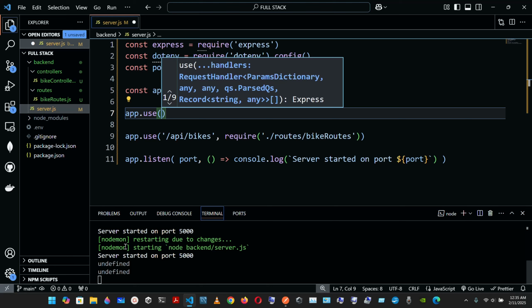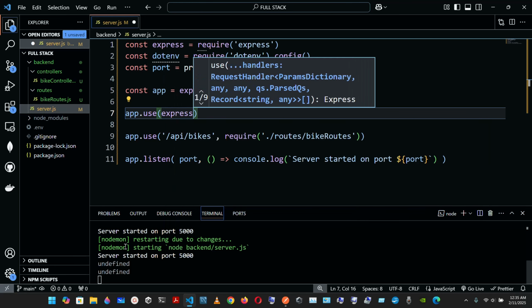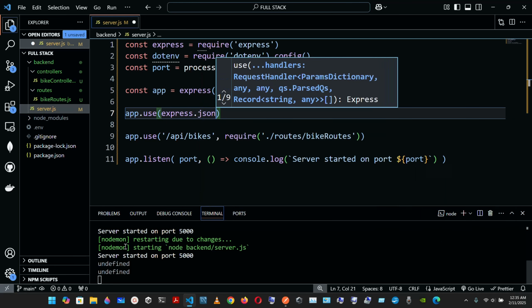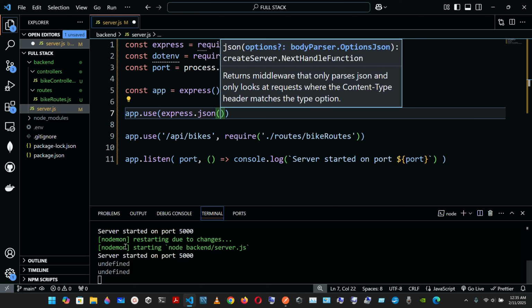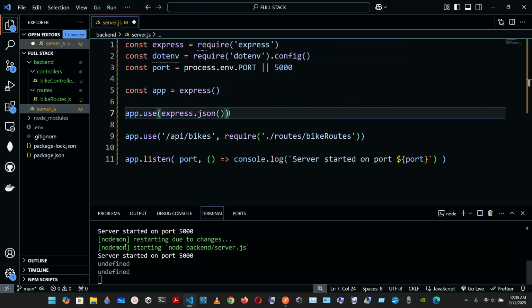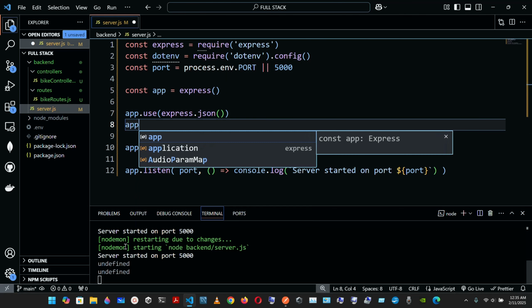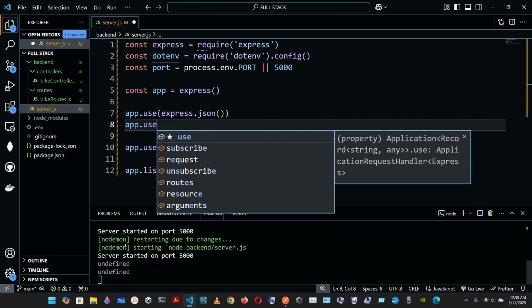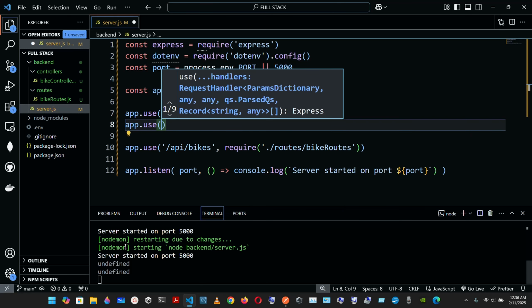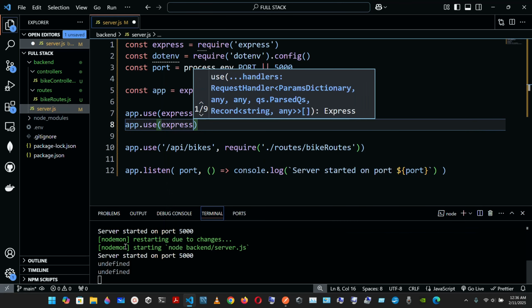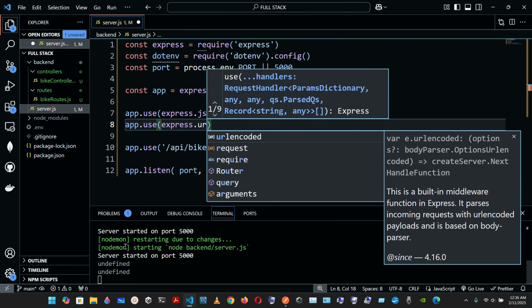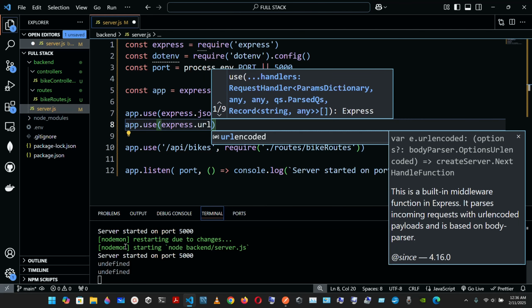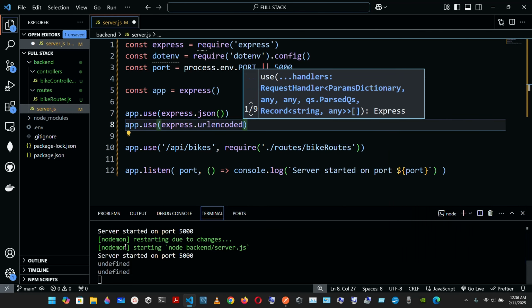And to do that, we're gonna have express.json, like that, and has to be a set of parentheses. Below we're gonna have the app.use, and this time we're gonna have express.urlencoded,